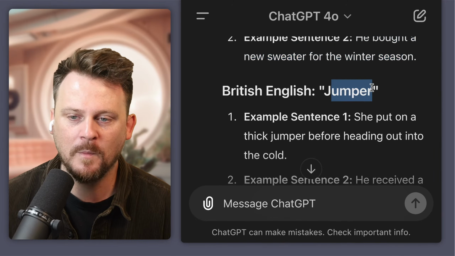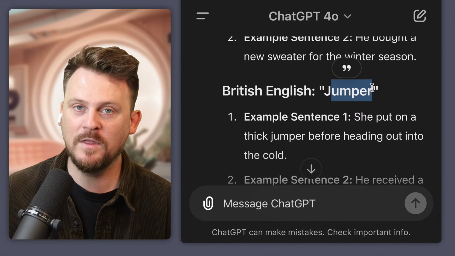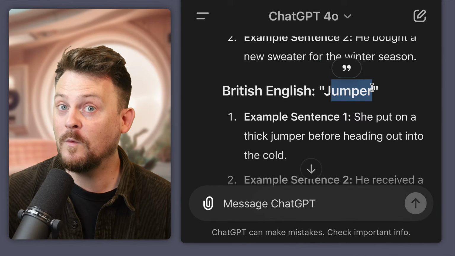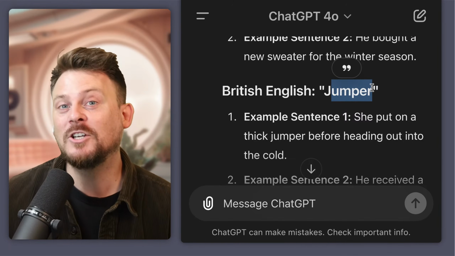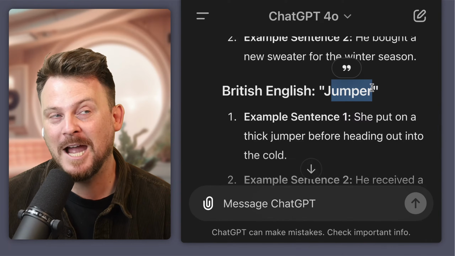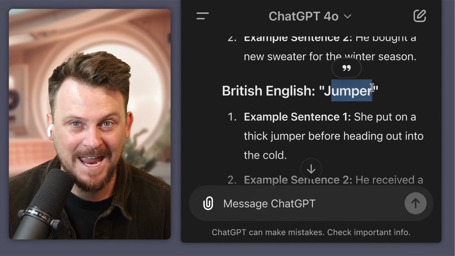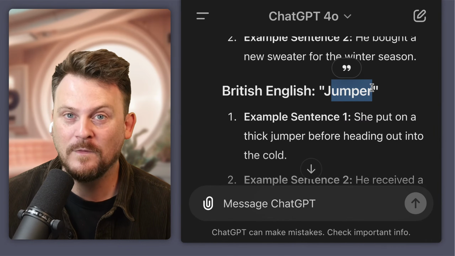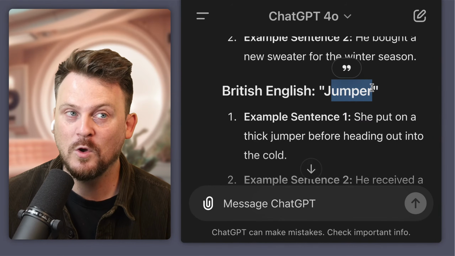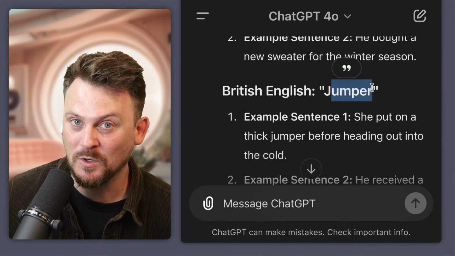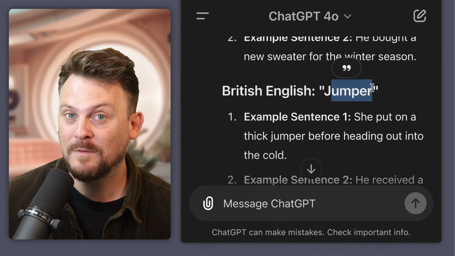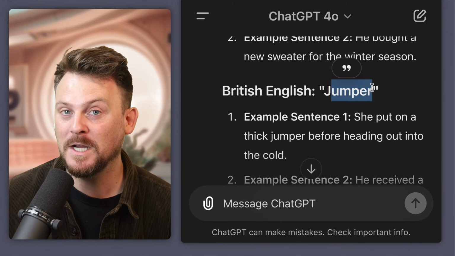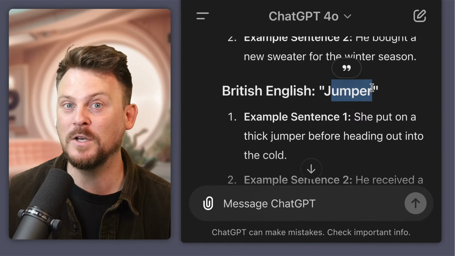In the UK, it's jumper. And we don't use that for anything. Well, no, we do. Sorry. A jumper is a kind of slang term for someone who intends to end their life by jumping off something like a building or a bridge.